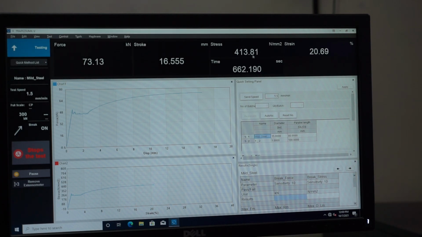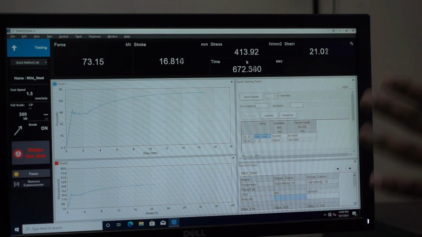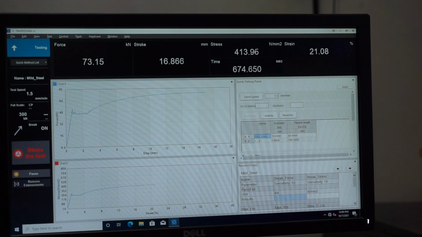We can see here that the stress rose to near about 214 megapascal. Now it has become nearly constant. So now we are at its ultimate strength. This is the material's ultimate strength. After reaching this value, the necking will start. In necking, the cross-sectional area of the specimen will start reducing. This will be shown in the specimen.